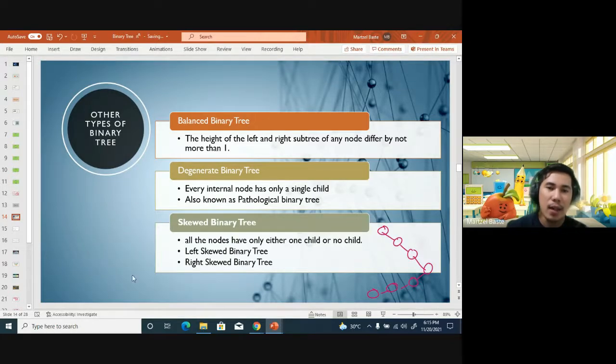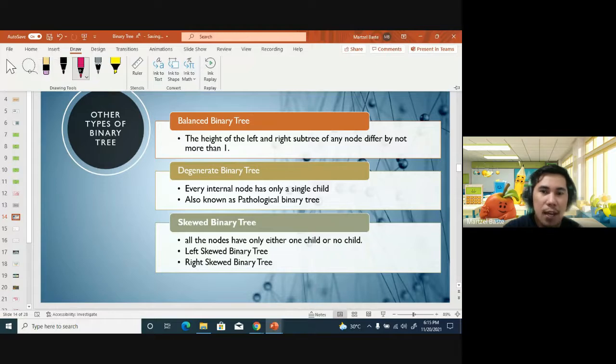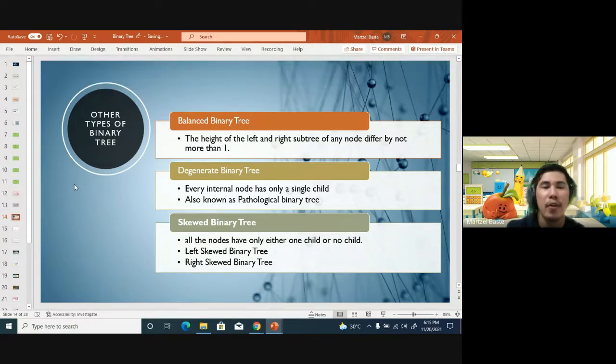Okay, next is called the balanced binary tree. The height of the left and right subtree of any node differ by not more than 1. So, let's reserve this one. But let's discuss first the degenerate tree or pathological tree